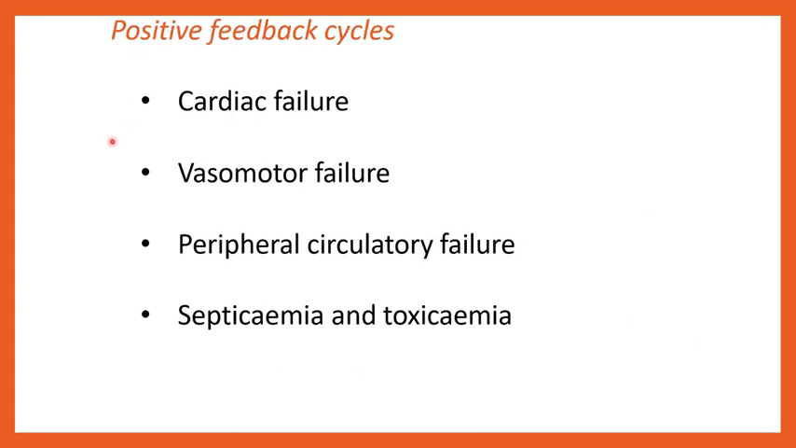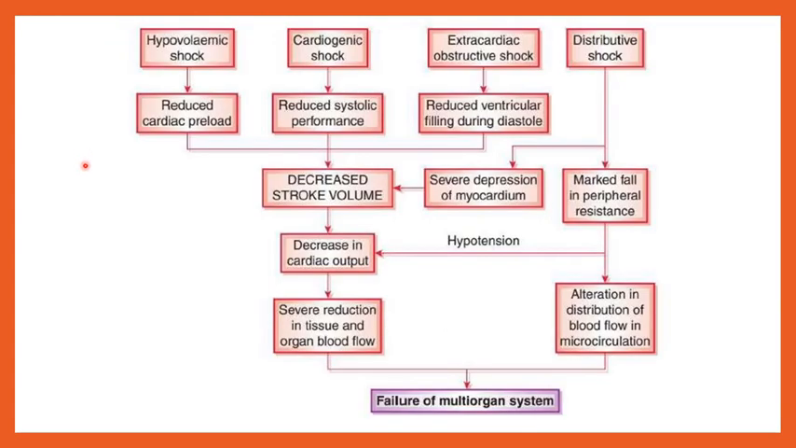The positive feedback cycles which develop in the progressive stage are cardiac failure leading to decreased pumping of blood, vasomotor failure, that is, the peripheral blood vessels also fail, peripheral circulatory failure, and then septicemia and toxemia will finally set in. So the third stage is the irreversible or refractory stage, where all types of shock will lead to failure